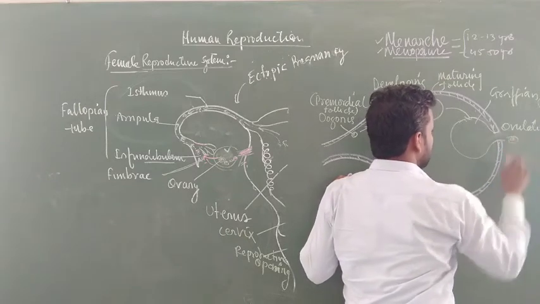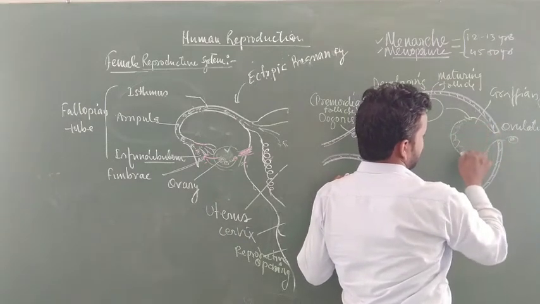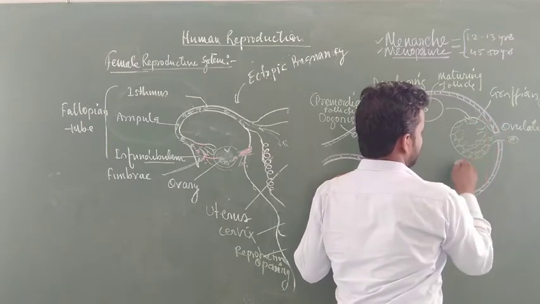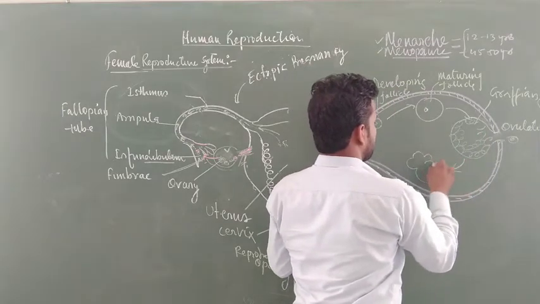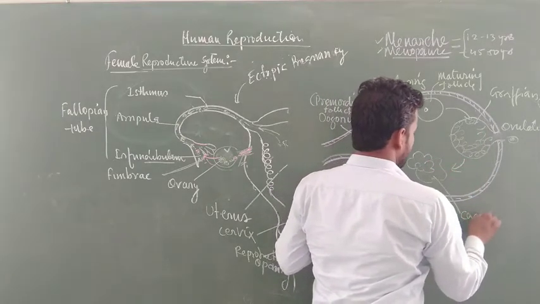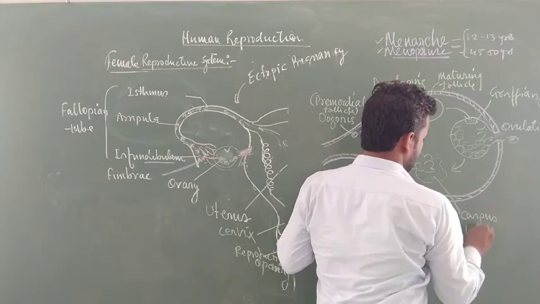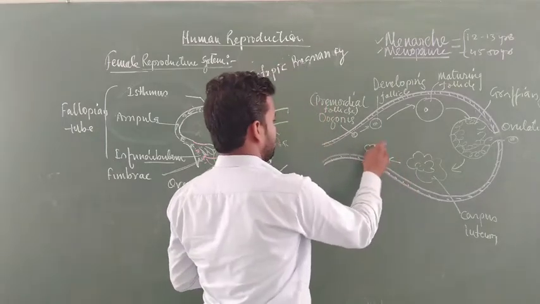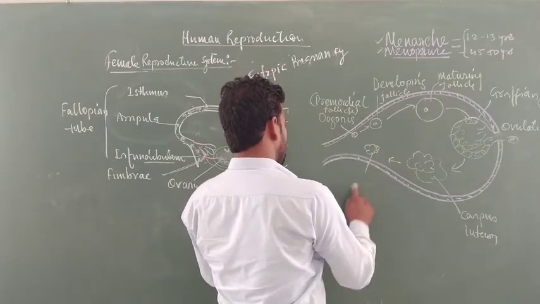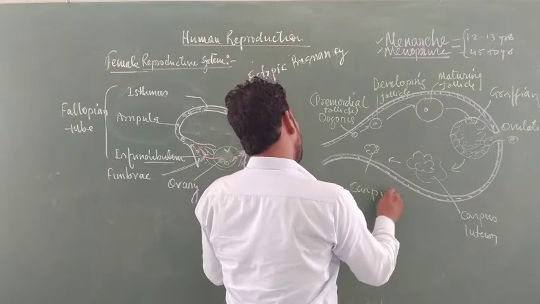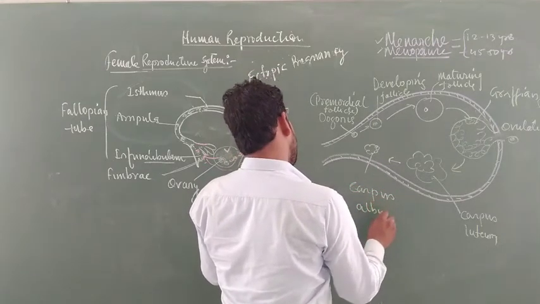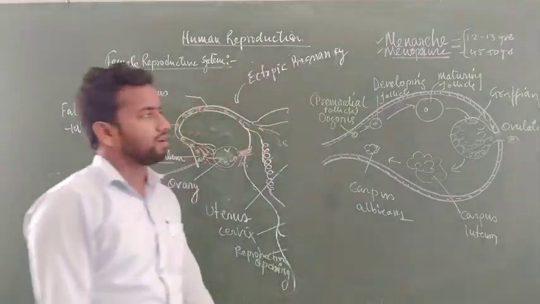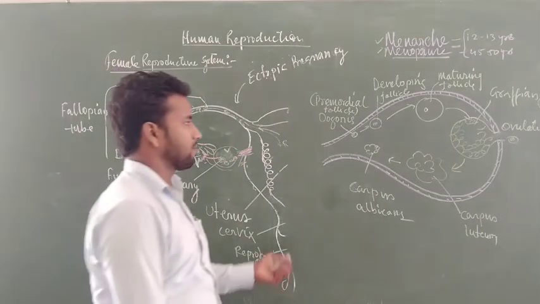Now the female gamete is released outside, and the remaining cells of the Graafian follicle stay in the ovary. This Graafian follicle is further converted into another structure called the corpus luteum. The corpus luteum is then converted into another smaller structure called the corpus albicans. This overall structure is seen in egg development and formation, and different developmental phenomena are observed in this case.